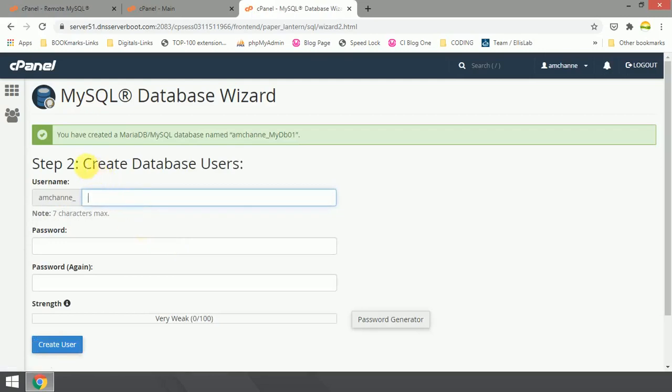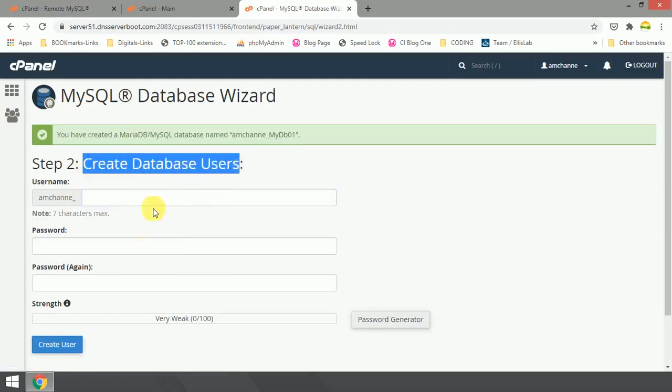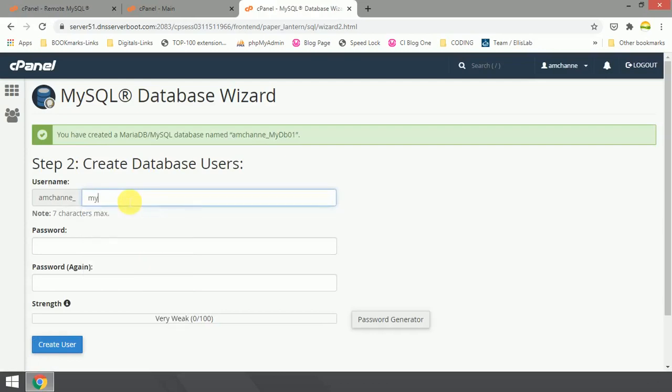Now here I have to create the database user. This user is for this database that I have just added, like mydb01. I am giving a DB username the same as my database name, so that I can recognize which user is for which database. You can give it anything you want.